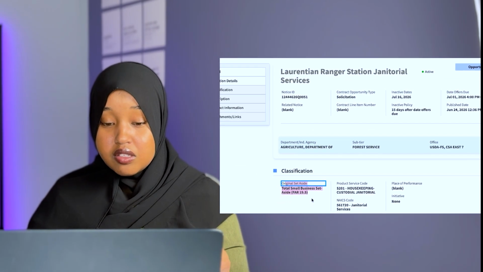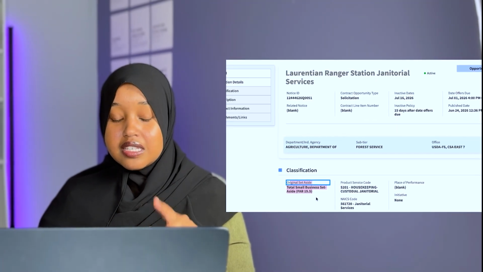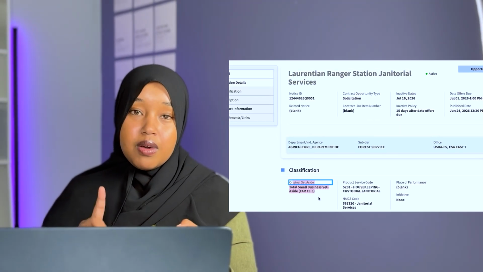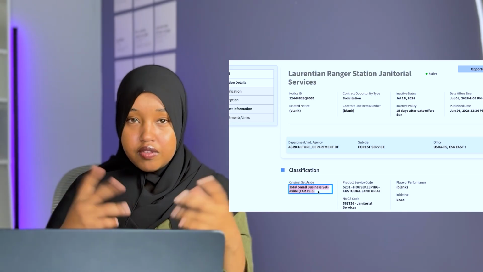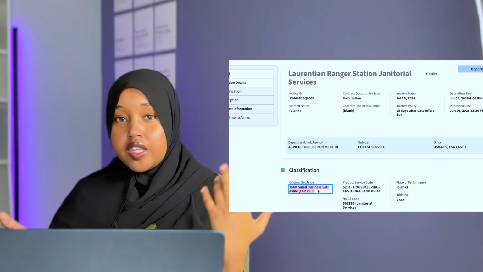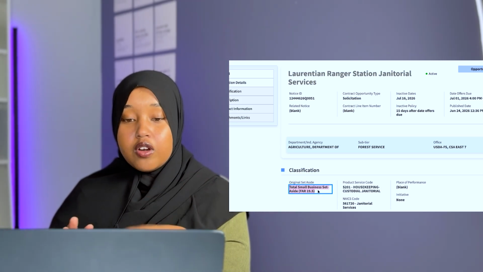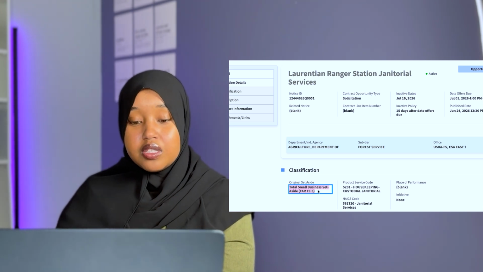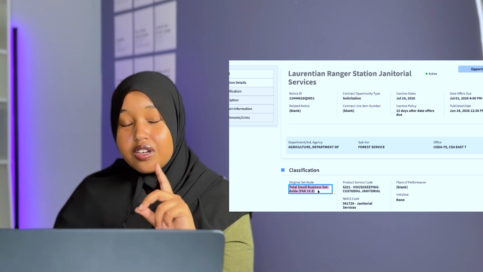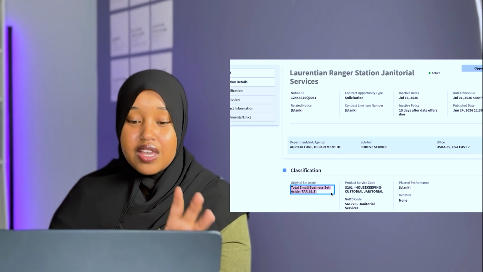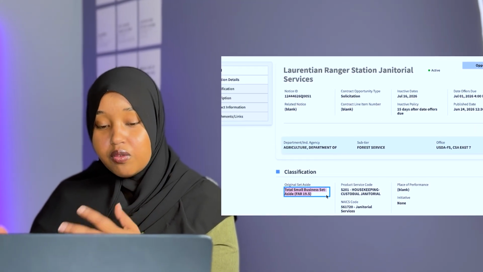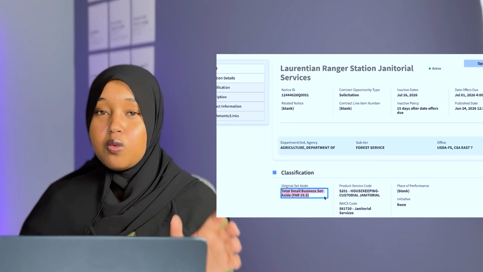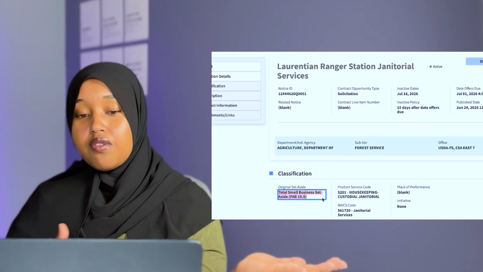But in some cases, you will see other things that are set aside here. You will see set aside for federally owned businesses, the 8A program. If your company is registered under 8A, then you will be allowed to bid. If your company is veteran owned, it will say here a veteran owned company set aside. If that's the case and your company is owned by a veteran, then you qualify to bid. If not, then don't waste your time, keep it pushing and go look for other opportunities.